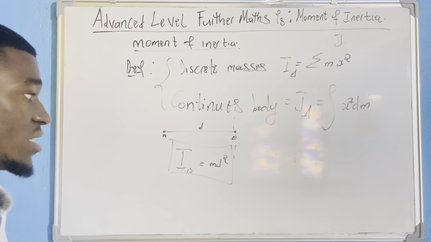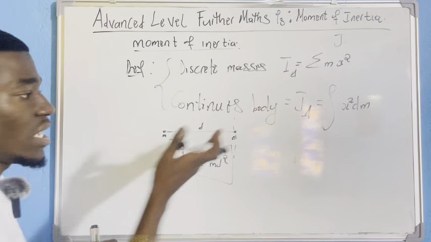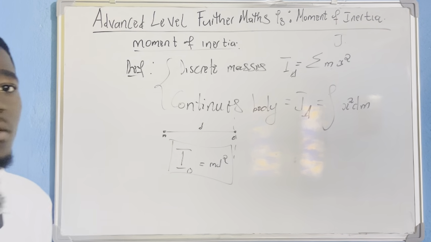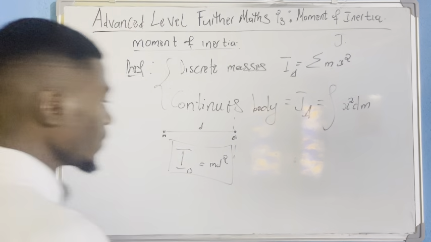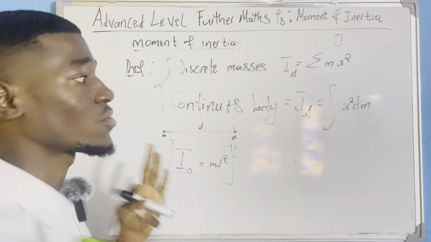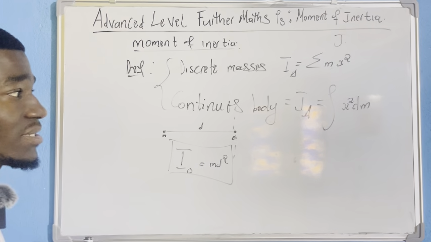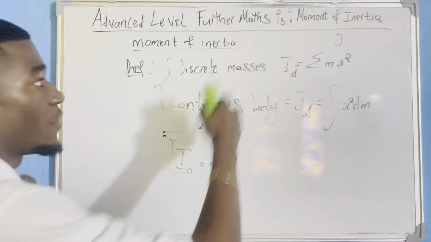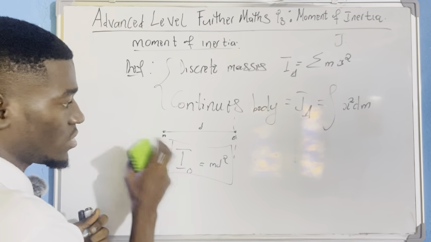So this is the moment of inertia of a point mass about a pivot placed at a distance d from the point mass. As simple as that. This is when I consider a point mass. Point mass means I'm not considering a solid. For a solid, you are supposed to integrate. A solid is made up of what? Continuous masses, so you're supposed to integrate. For a system made up of discrete masses, you're supposed to sum. But for a point mass, this is the formula.